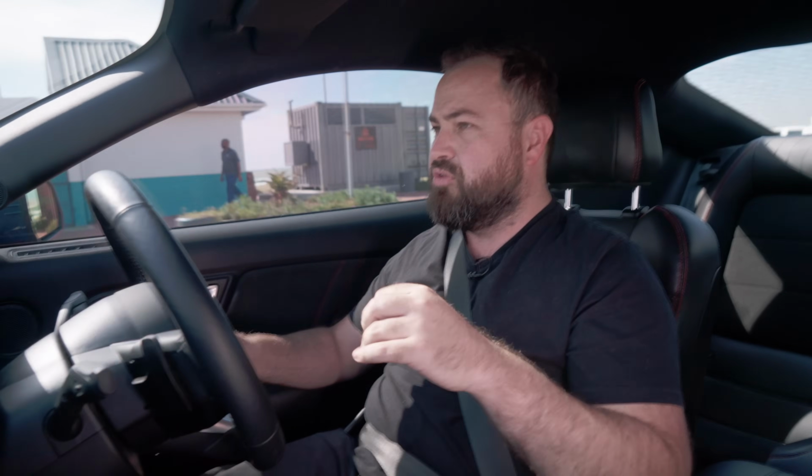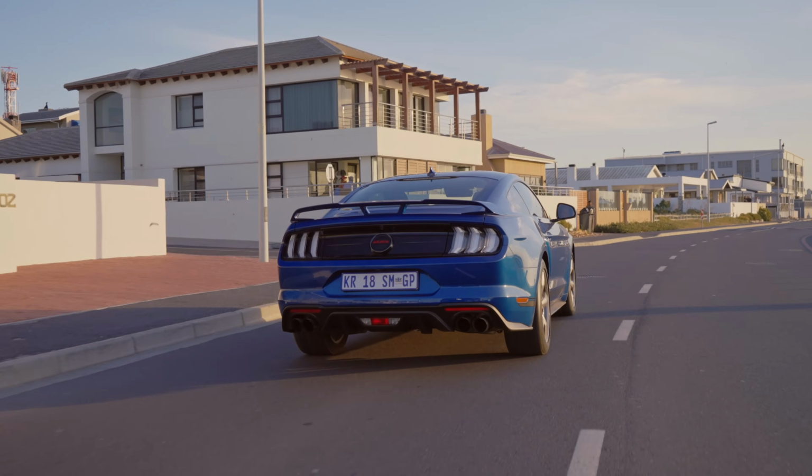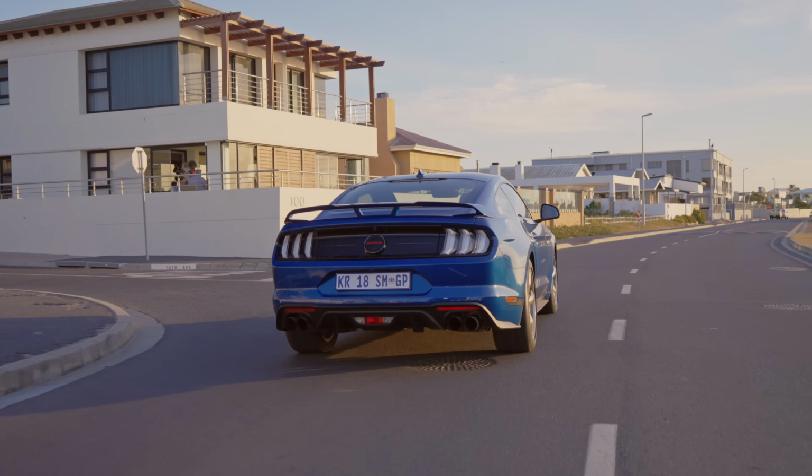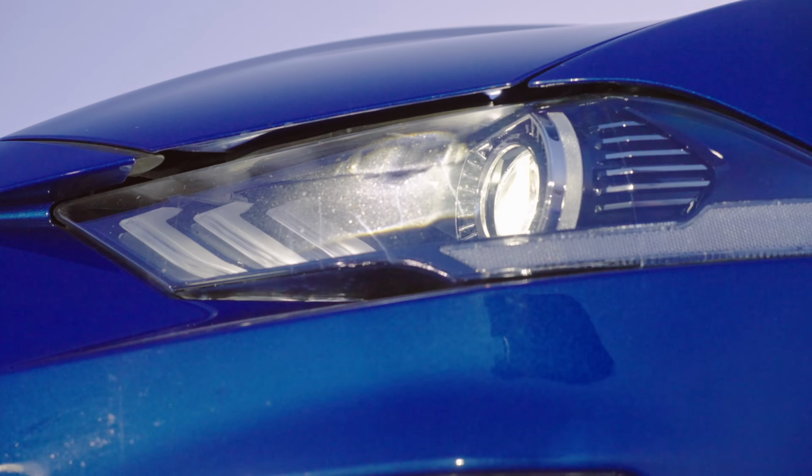I don't see many people dailying a Mustang, although you could, I would. So I don't know how much mileage you're going to do in it, and I don't think the fuel consumption is going to actually bother you that much if it's just a weekend car. But what I've come to realize is this Mustang is a massive antithesis to everything that the Germans stand for, and brands like Jaguar with their F-Type and that sort of thing, you know, in a polite way,